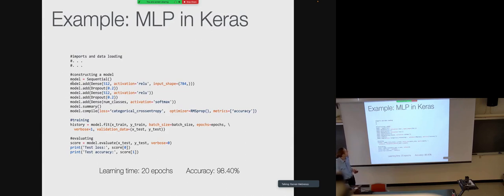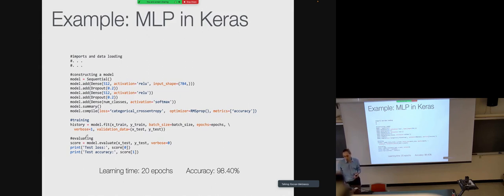You build a model here in these first lines. You have an initial model, you add 512 neurons on one layer with a particular type of activation, which is ReLU, rectified linear units. Then you add something called dropout just to make it more robust, and then we add another layer. And at the end, you provide your loss function, which is, for example, the cross-entropy loss. And you provide the optimizer, RMSprop. There are many other ones like Adam, like stochastic gradient descent, and so on, and your performance metric, which will be the accuracy.